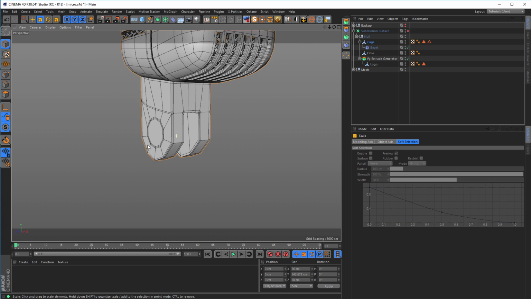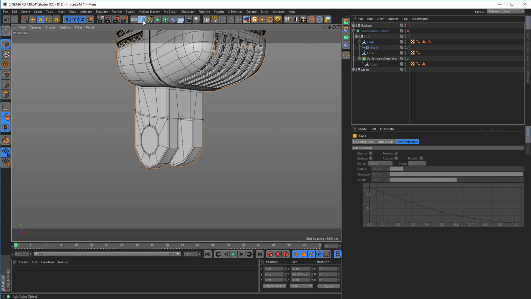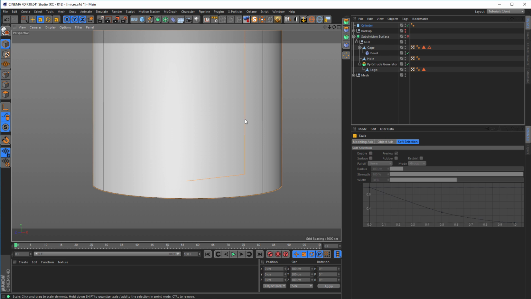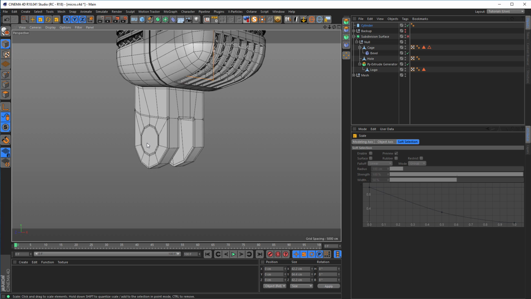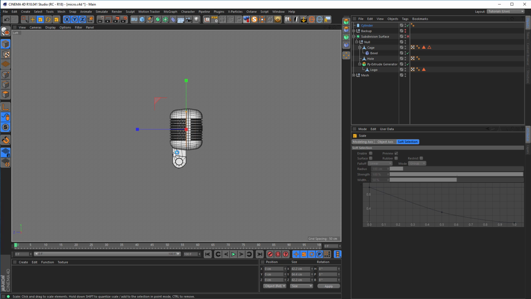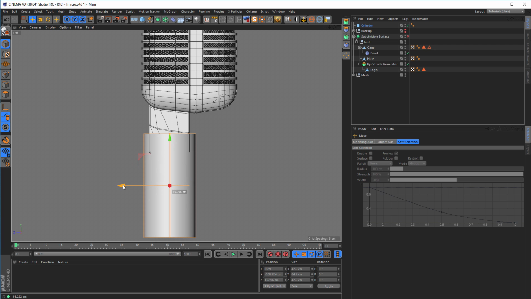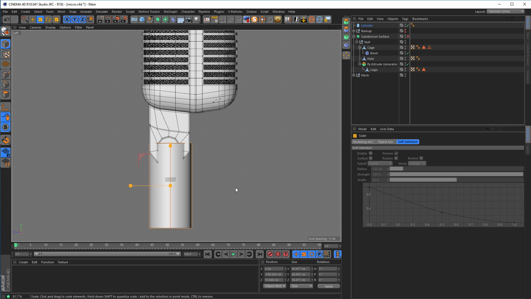Next part is the stand. So for this, with a very simple cylinder, maybe a little smaller, maybe. So E, move it down here. T, okay, so